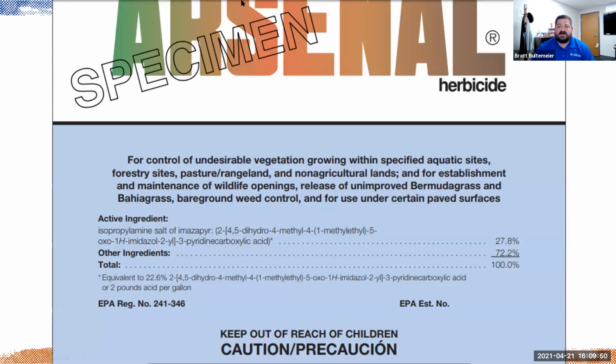The brand name for this is Arsenal. So that's what you would put in for brand name. We come down here to active ingredient. Imazapyr is your active ingredient. For some of your active ingredients, you may want to include, hey, this is the isopropyl amine salt of imazapyr. If you're using something like 2,4-D, you may want to put it was the 2,4-D acid, or was it the ester, the amine. Be as specific as you think you're going to need for your own records. I would certainly want to know which 2,4-D I was using to make sure in the future I'm using something